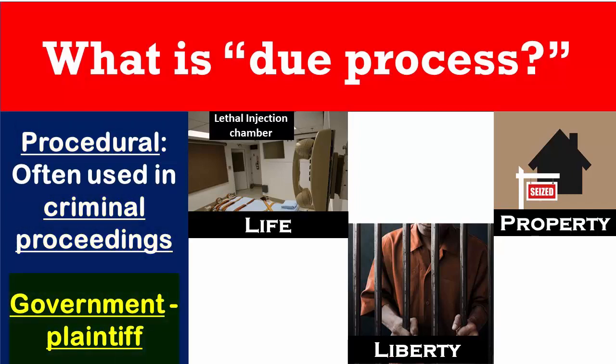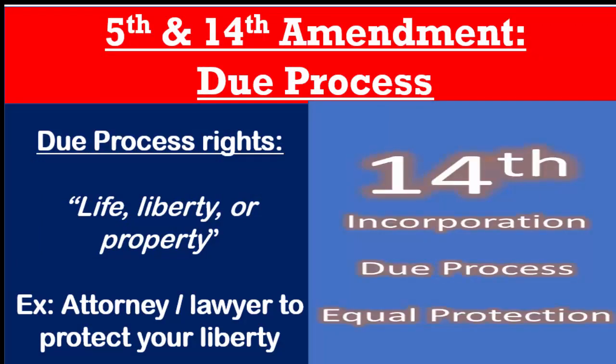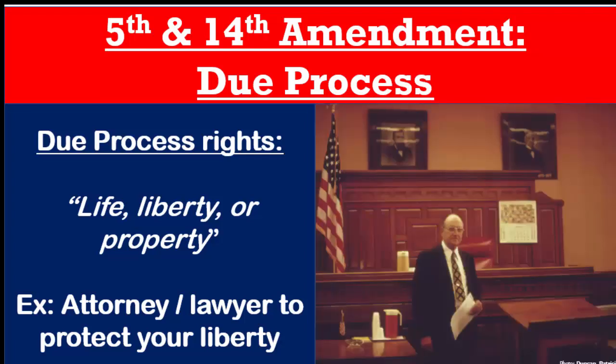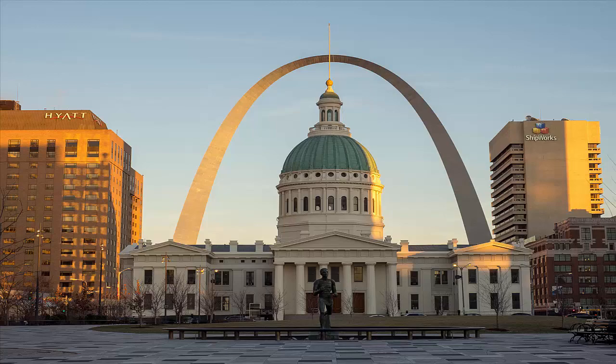Often we think about criminal proceedings or rights of the accused when we hear due process. Most likely because the plaintiff in these cases is the government, and many of the protections from the Bill of Rights are due process rights. Due process can also be found in the Fifth Amendment, but that only applied to protections from the federal government. The 14th Amendment made due process rights apply to state governments. And let's face it, most Americans' interactions are usually with state and local governments, including civil and criminal courts.